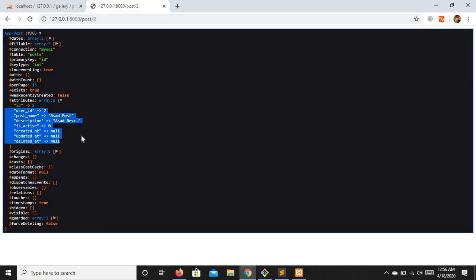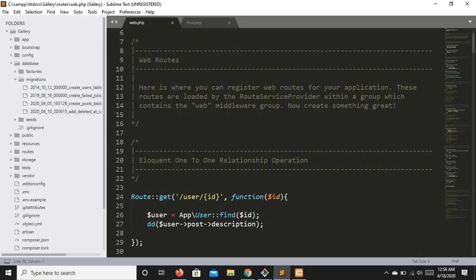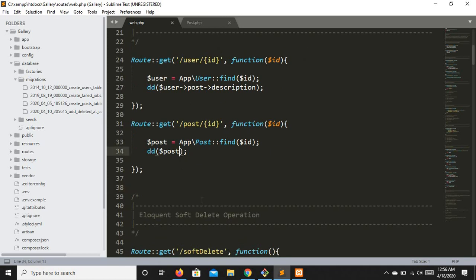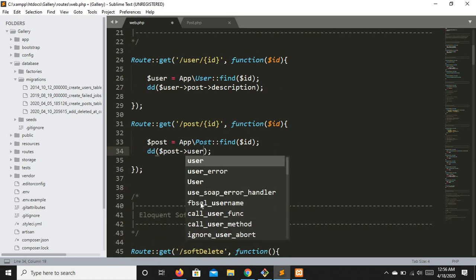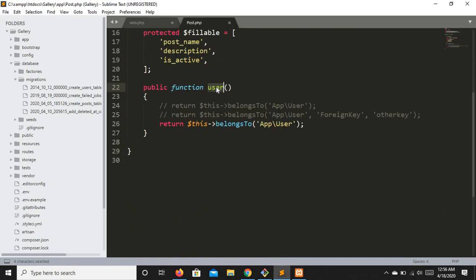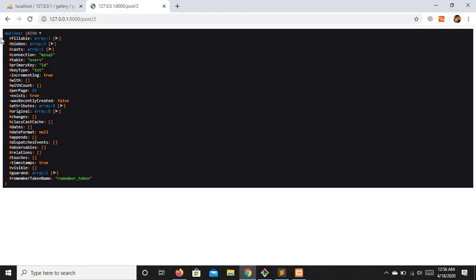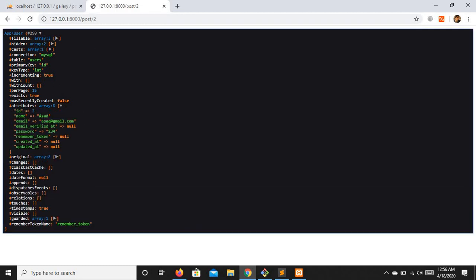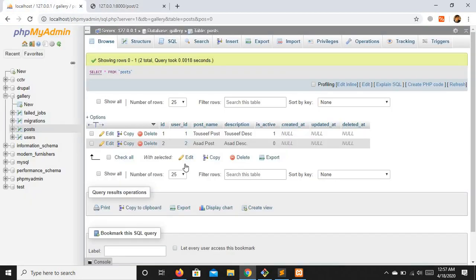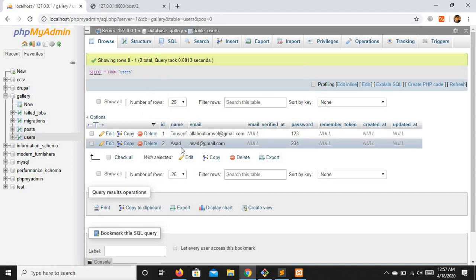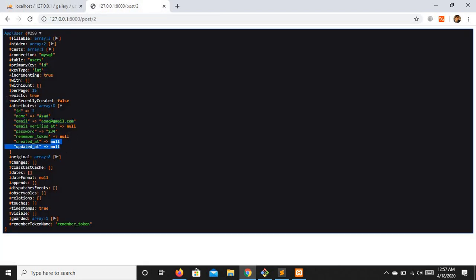Now what I'm going to do is implement the method that we just created, the method named user right here. Let me show you. We are going to call this method on this specific post. Let's see what we have right now. I will refresh post number 2 and now we are getting records from the user model, you can see. Post number 2 belongs to Asad. Post number 2 user ID is 2 and user 2 is Asad. We are getting the data in the correct order.